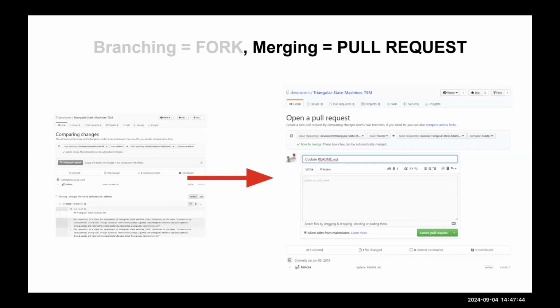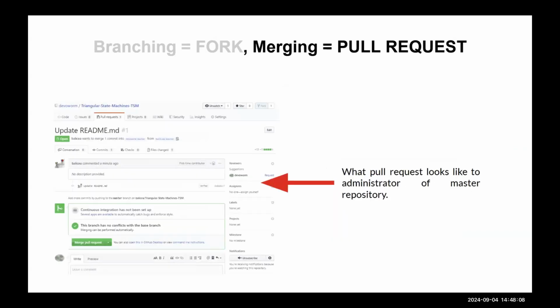Or, hold on, I don't like number 2, better revisit this. And then you can have a conversation. All of this information is preserved, so the commentary is all preserved, so you can go back to it. You create the pull request, and then that's it. And it's pretty easy.